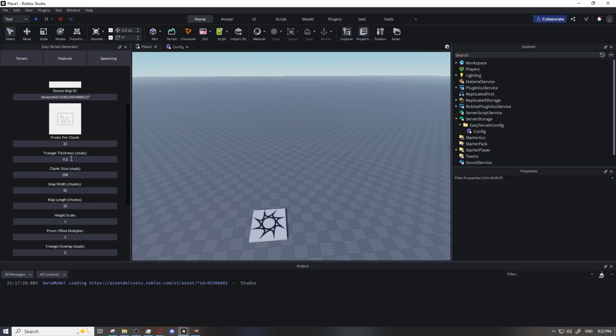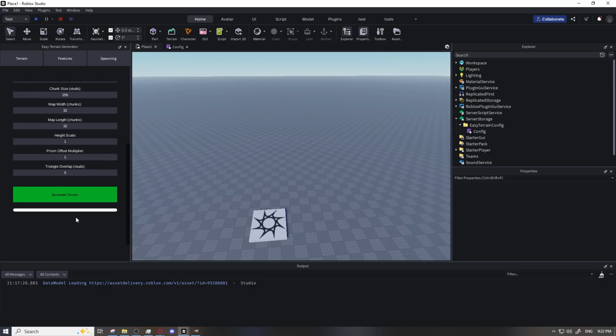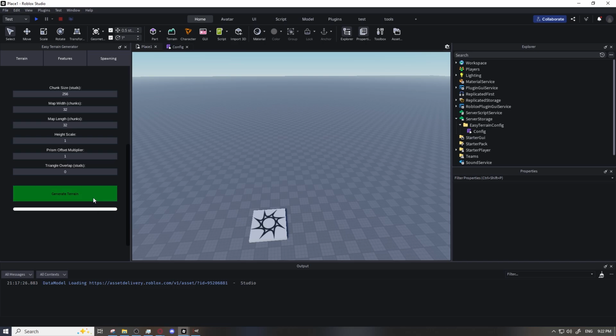And then we got triangle thickness. 0.2 is pretty good. It makes it more accurate, right? Because when you have sharp angles like mountain peaks, if you do a bigger number, it's too big and it kind of goes through itself. Height scale, that'll change. So that's a modifier. It's like a multiplier of how tall the mountains and stuff are going to be. You can also flatten the terrain if you want it to be more like plains. So I'll just generate now,